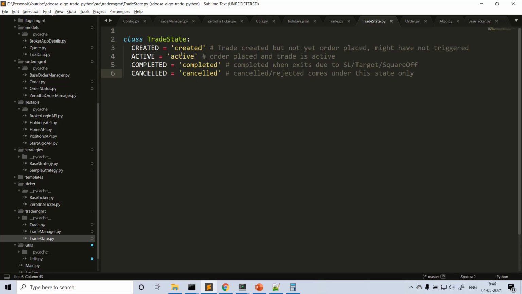After placing the trade, it would become active, but it's rejected, right? The order is not accepted. If the entry order is not accepted, cancelled or rejected due to any reason, then we have to set the state to cancelled. That means the trade did not go through at all for the day, right? So these are the main states. Cancelled or rejected, whatever. I'm just keeping only one state here. That is enough.